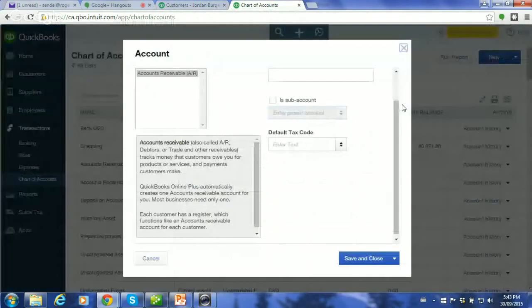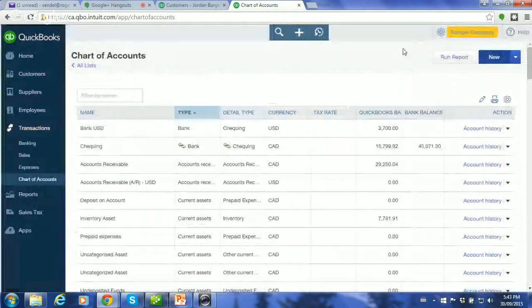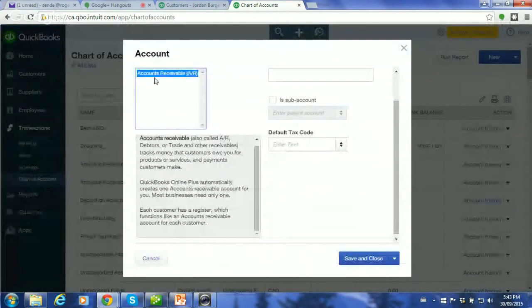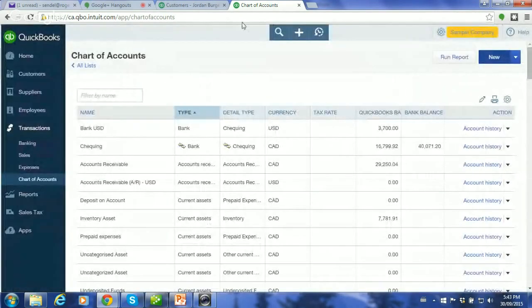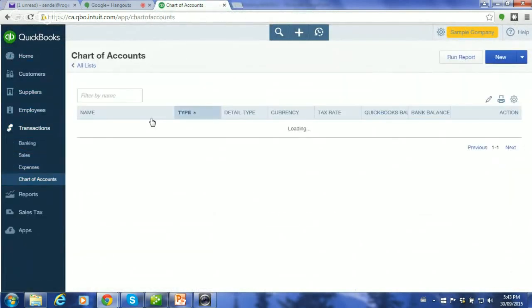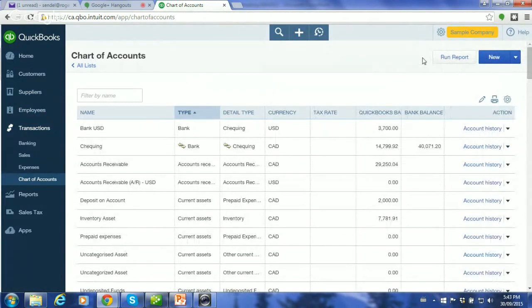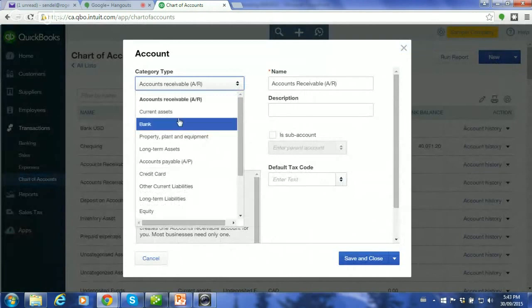We're going to open a new bank. This one got corrupted along the way, so I'm just going to take the transaction here. Let's go back to chart of accounts and hit new. It's working again. Phew, panic.